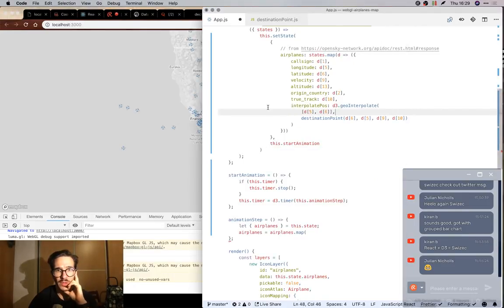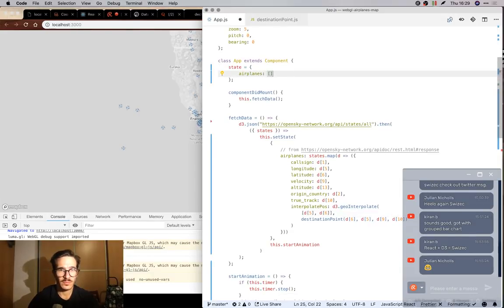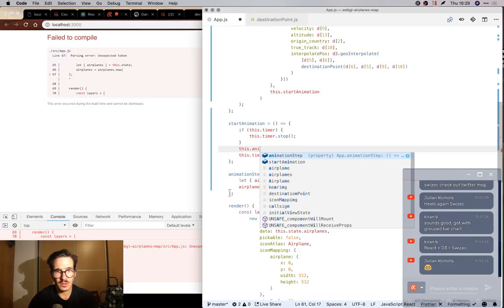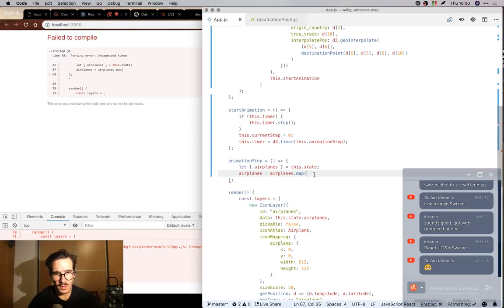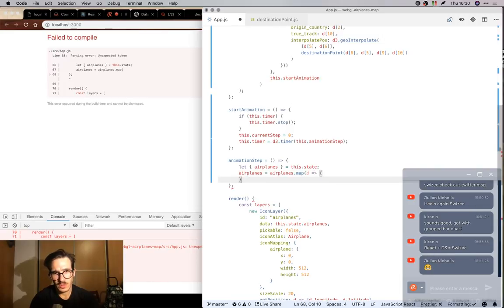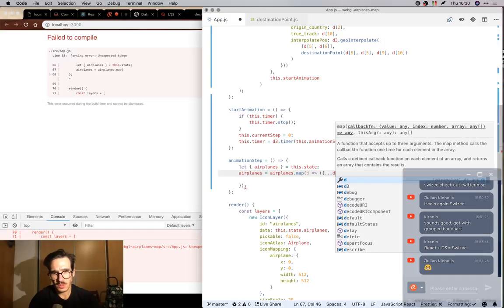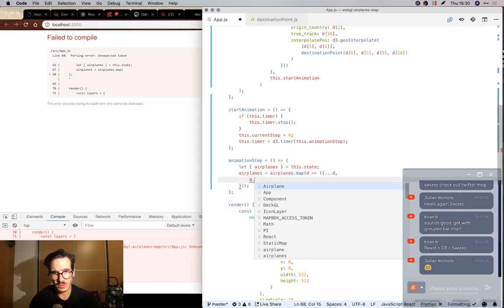What else do we need? We need the current animation step here. So airplane timer stop, this dot timer, this dot animation step, current step equals 0. Airplanes map, we go through D and we say what do we return? We return the entire D copied. That's probably gonna end up being a bit slow, but